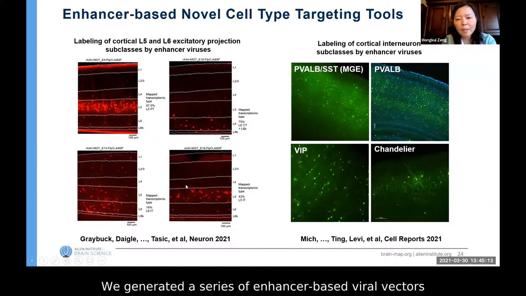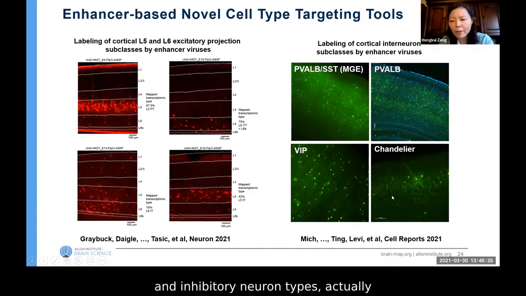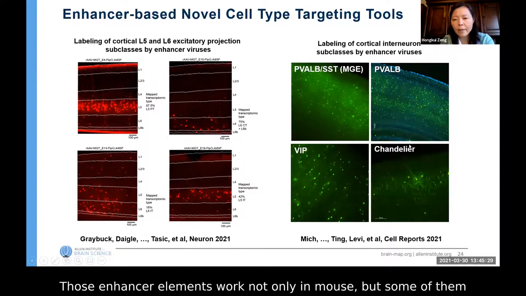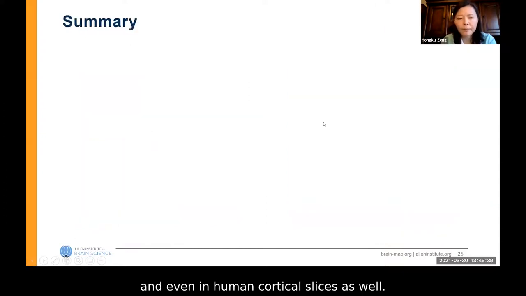We generated a series of enhancer-based viral vectors that allow us to target major excitatory and inhibitory neuron types, actually across multiple mammalian species. Those enhancer elements work not only in mouse, but some of them also work well in non-human primate and even in human cortical slices as well. So with that, I want to conclude my talk